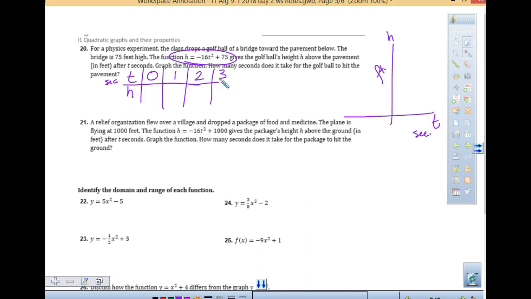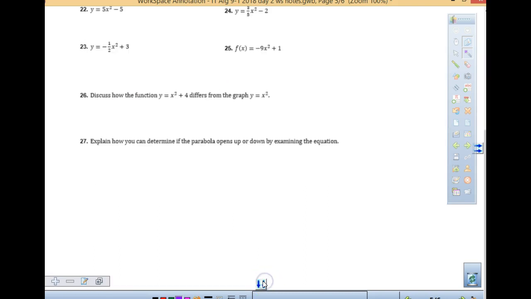Okay? And your approximation does not have to be exact, but coming up in the next few units we'll get more exact with that. Okay? And then the last one, those last 2 questions, they discuss it. How do they differ? You do not have to graph it, just like last night's homework. And then this one says, explain what determines if your parabola opens up and down. So again, that should be review of the